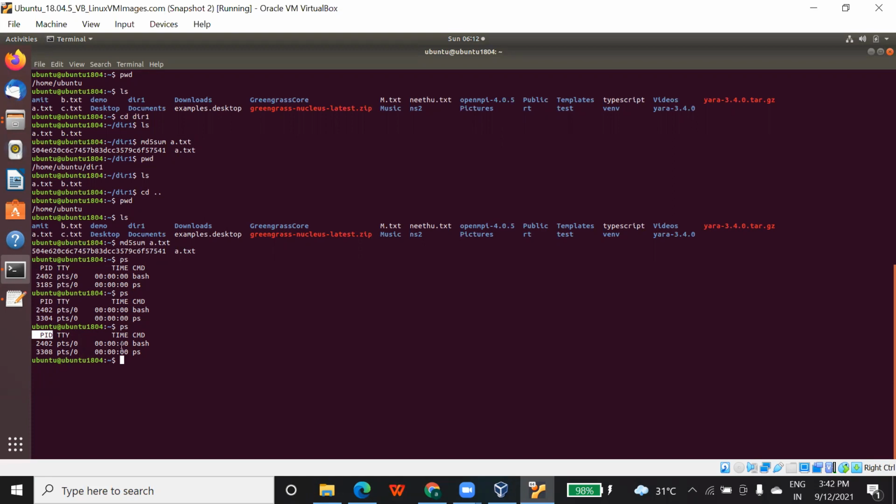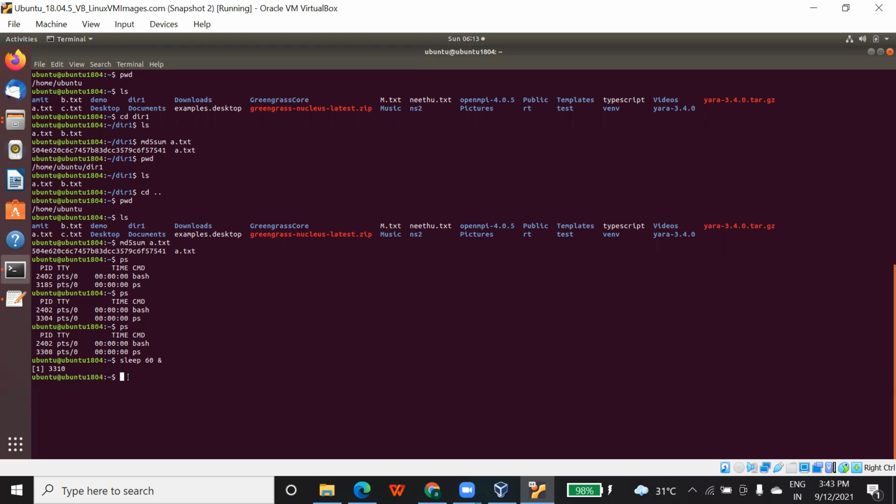Now, if you want to sleep any of the processes, how can you do it? You just need to type sleep, which means it will make it inactive. This command will make that process inactive for some time. So I have entered sleep, and then you just need to type sleep 60. It will make the process sleep for 60 seconds. When you type this, by default it will take the process ID, which is this 3310. It will take the last process and make it inactive and sleep.